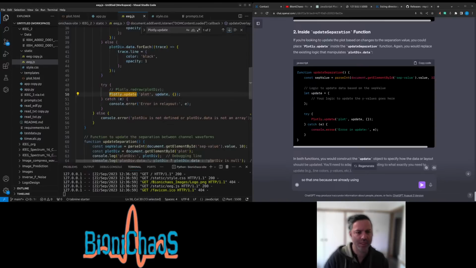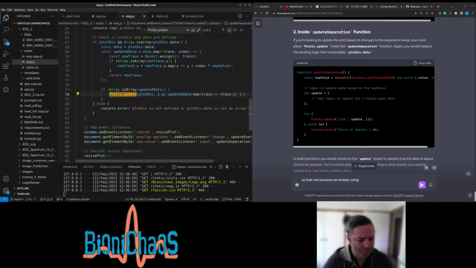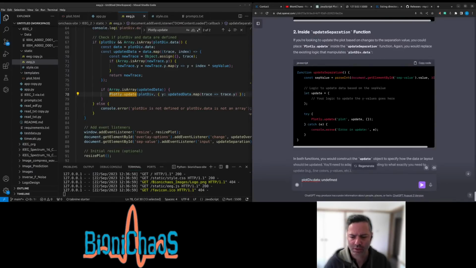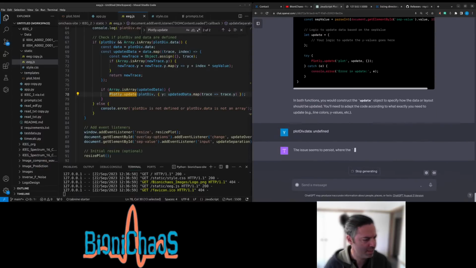Plot update instead of redraw. Still doesn't work. Still get that plot div data undefined. What does it mean again?